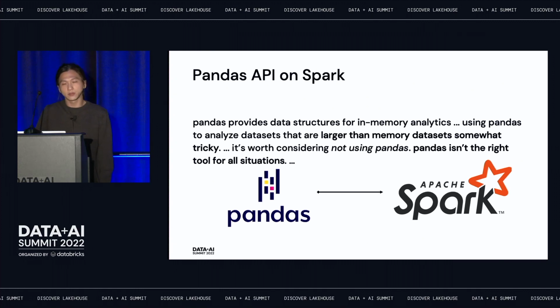In fact, the Pandas documentation itself mentions that Pandas isn't a great tool for all purposes. It cannot address large scale data, and it only works on a single node. So people have to use PySpark, but there's an API difference between Pandas and PySpark. The Pandas API on Spark reduces the gap, so it makes it much friendlier for users to scale out their Pandas workloads.